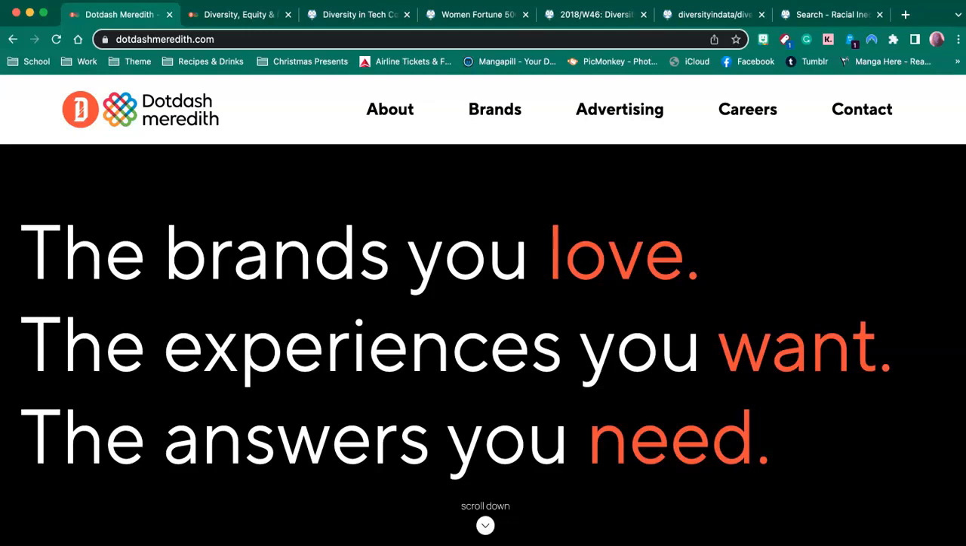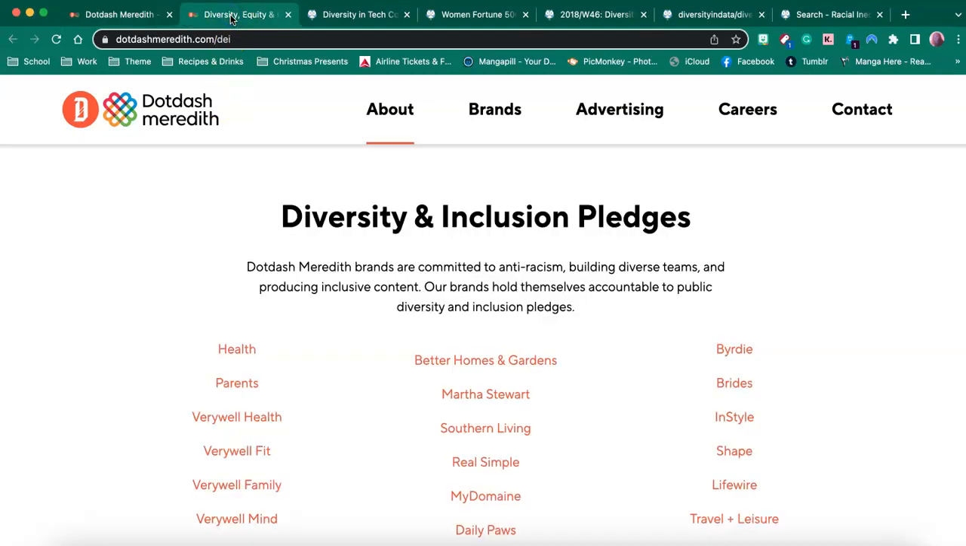environments. I currently work for Dotdash Meredith, which is an advertising and media content creating company. For those who don't know, my company produces magazines like Birdie, Better Homes and Gardens, and People Magazine. Recently, we took a pledge for our companies to have more diversity and inclusion. We even made sure within each company we took a pledge to make sure all of our content is non-biased,